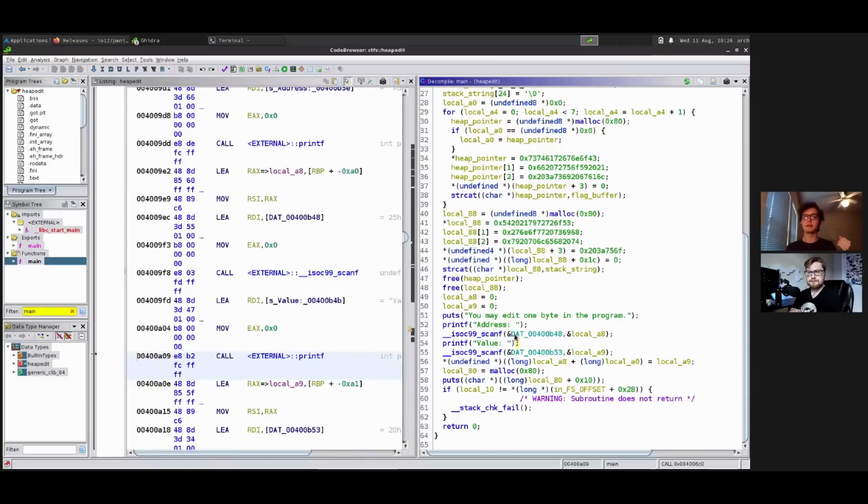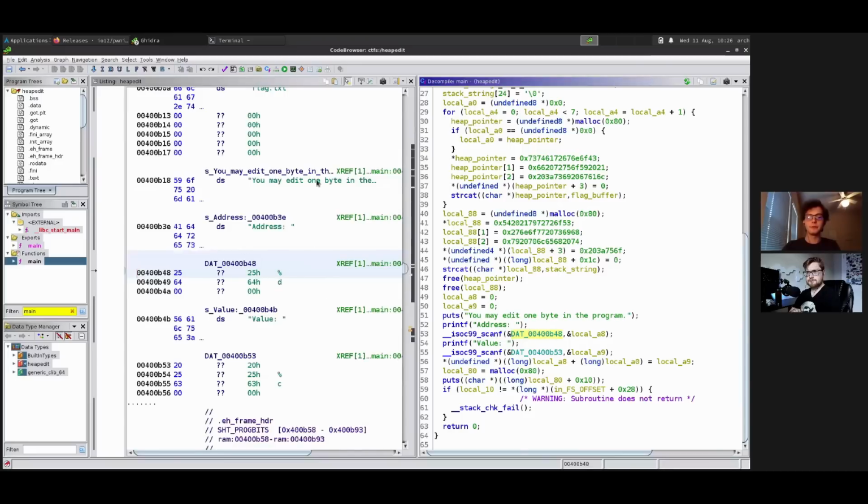So variables that can either be stored on the BSS or on the .data section. But anyway, Ghidra will sometimes have a tough time determining the types of these global variables. That's why you see this dat underscore, because it just wants to treat it as a void pointer. It doesn't know the actual type of it. So what we can do is double click it, and the listing view will hop to it,